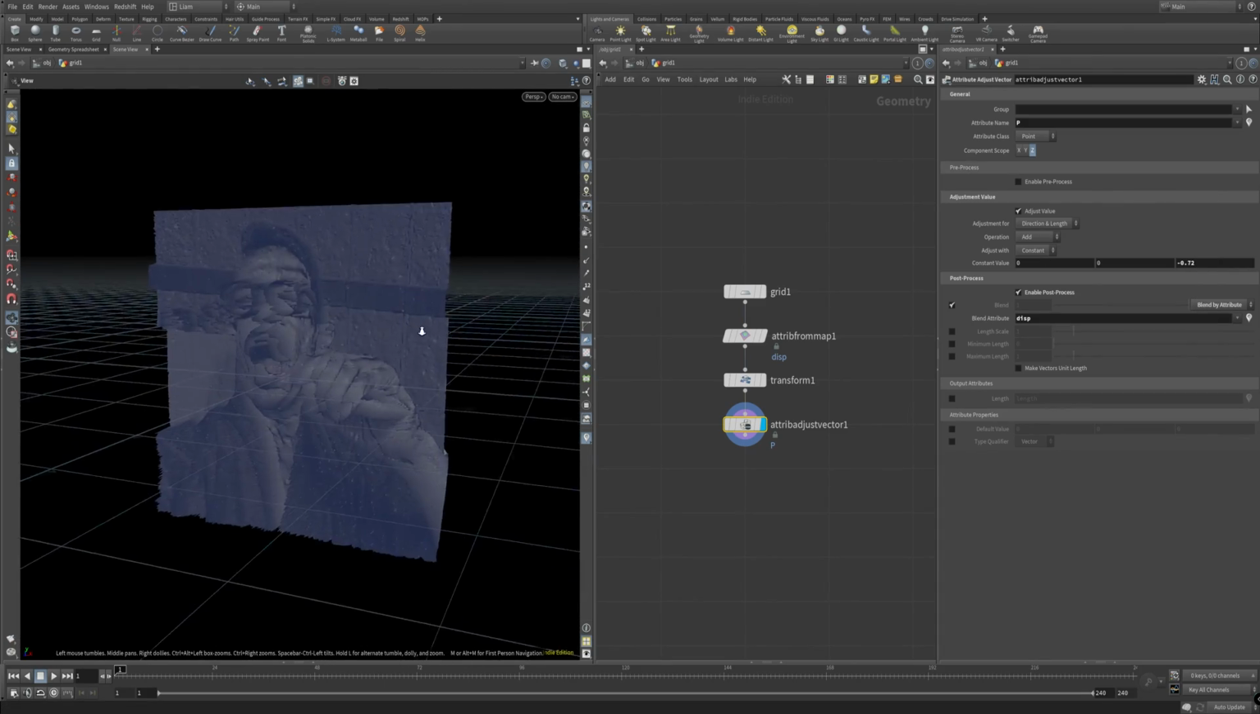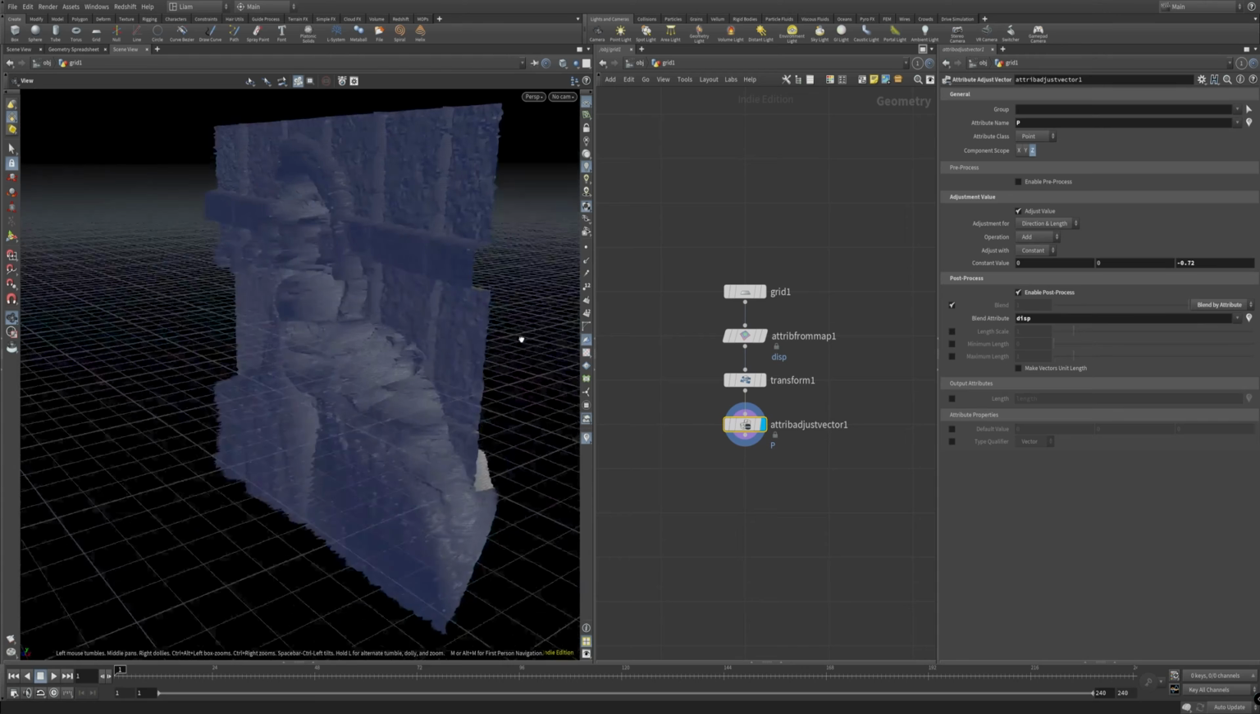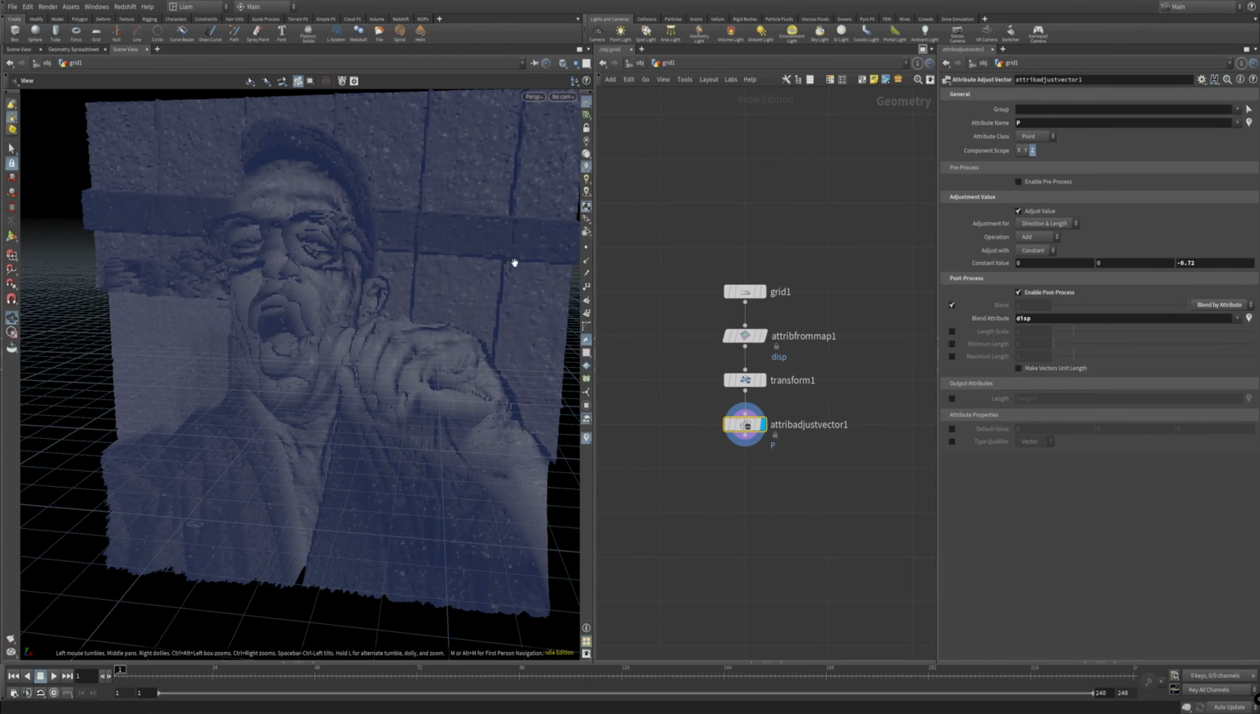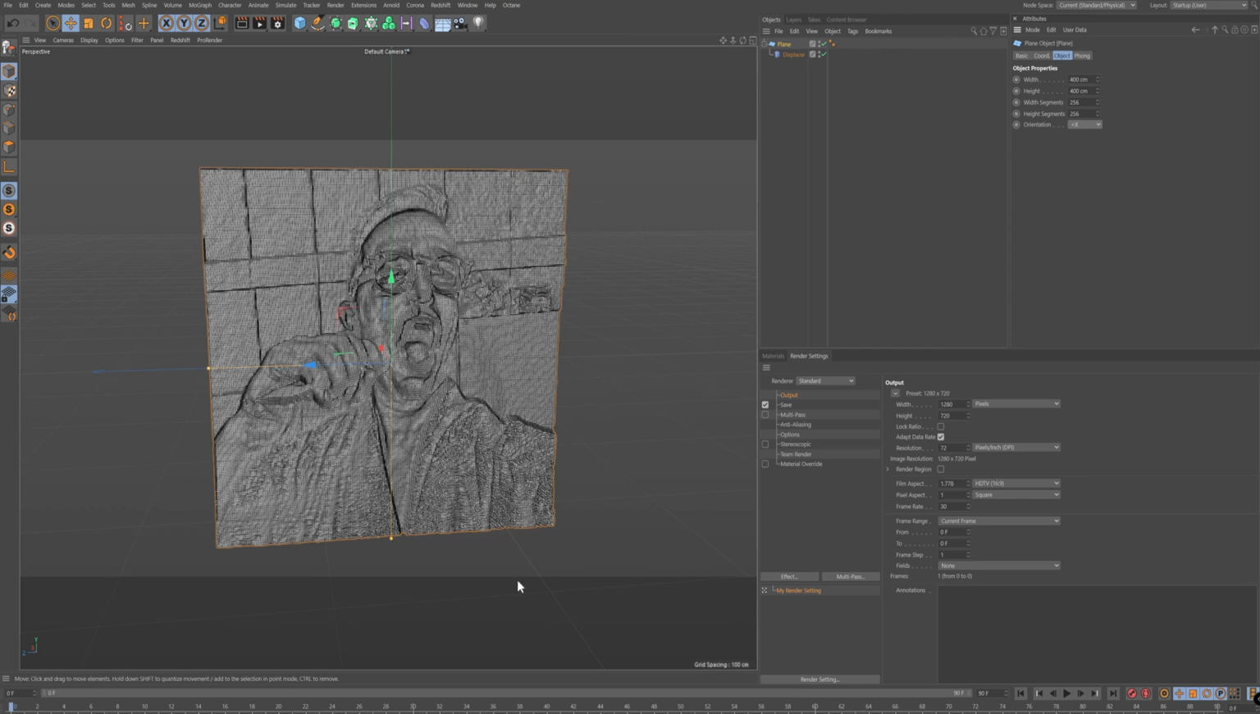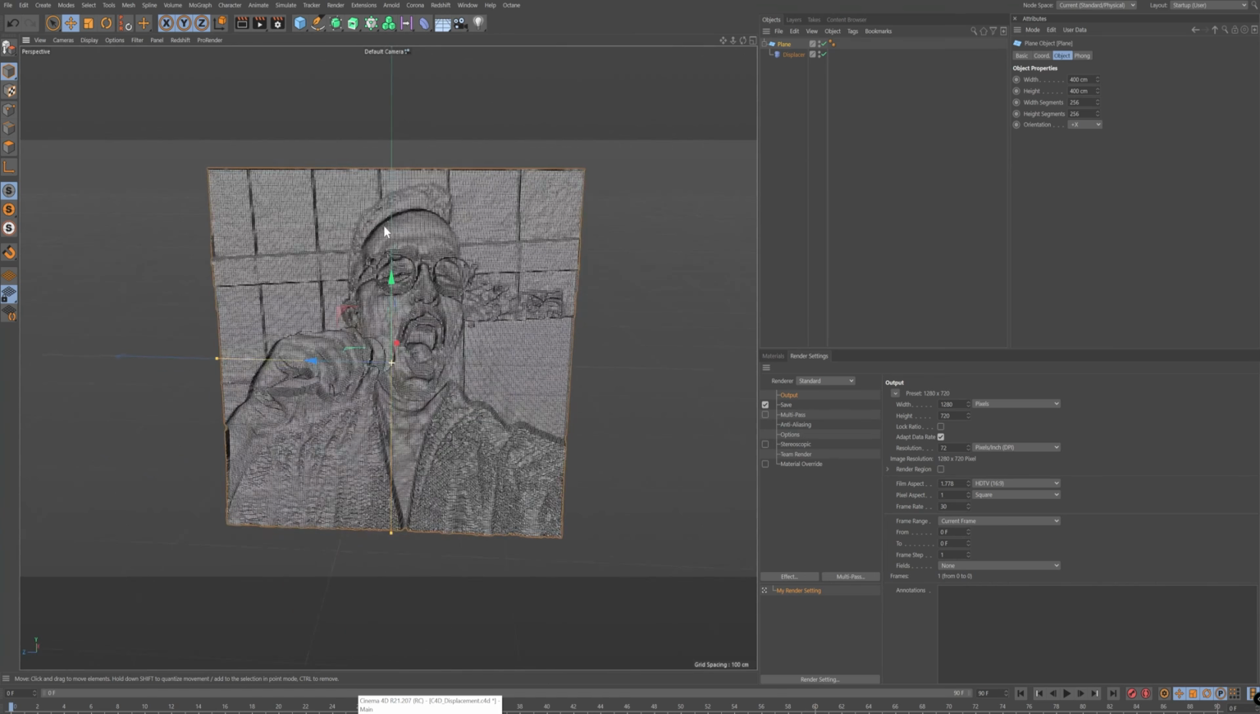Not exactly. So, anything that is gray is going to be 0. Or sorry, anything that is black is going to be 0. Anything that's gray is going to be in between. Anything that's white is going to be full displacement, like so. So I think the difference is that